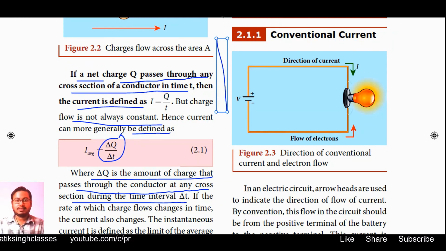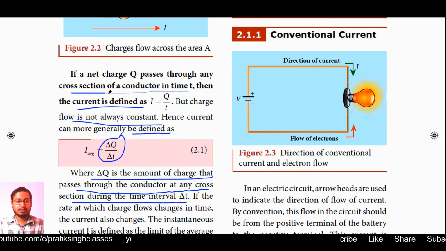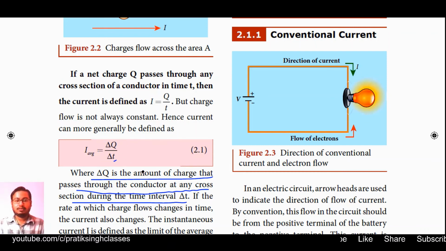So this is just an introduction to the second unit of the first volume of standard 12 physics. I hope you have learned something new about the meaning of current and related phenomena. We will go into more detail in later videos. In our next video we will study section 2.1.1, conventional current. We will see whether there is any difference between current and conventional current.